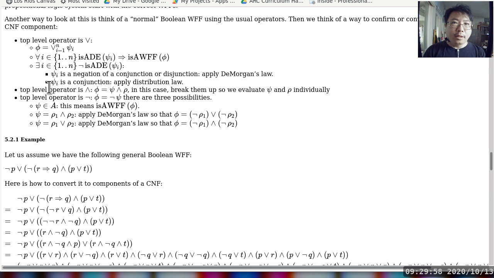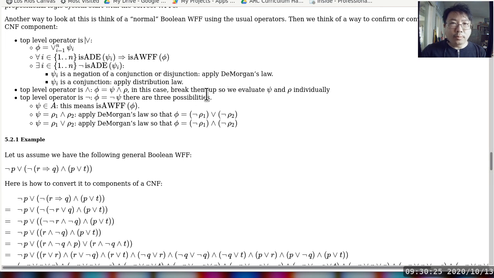Then you apply the other rules, because now you can see the overall operator, the top operator. If the overall operator is psi or rho, okay, so the top operator is an and already, then you want